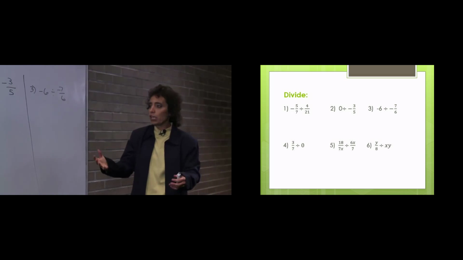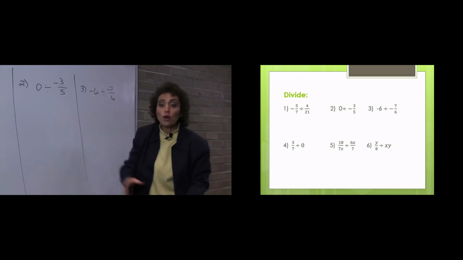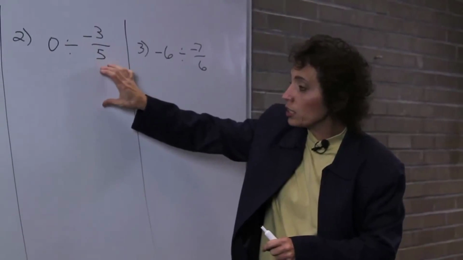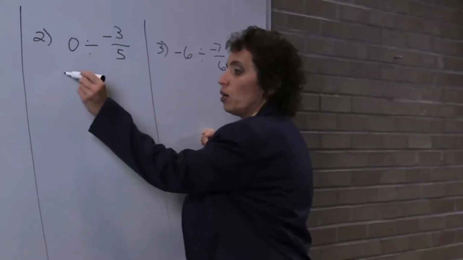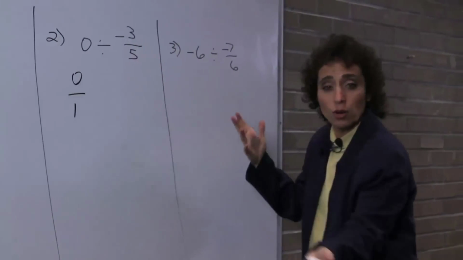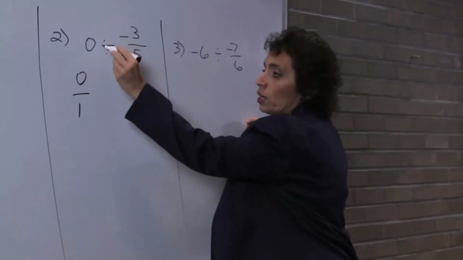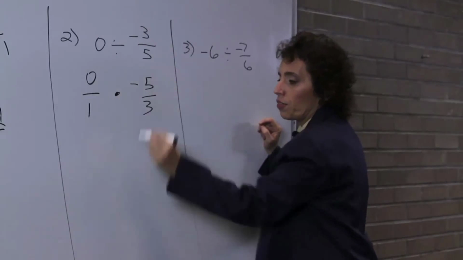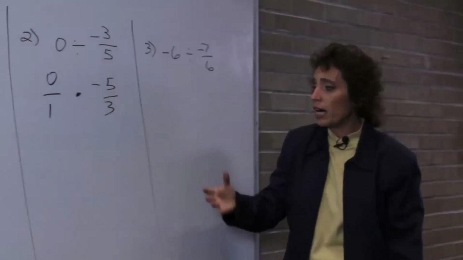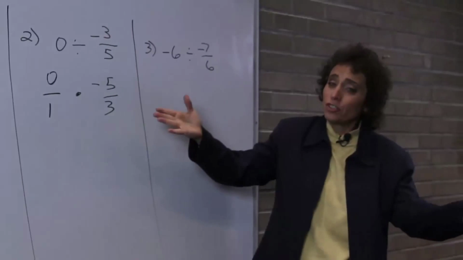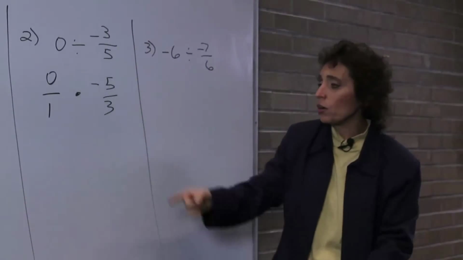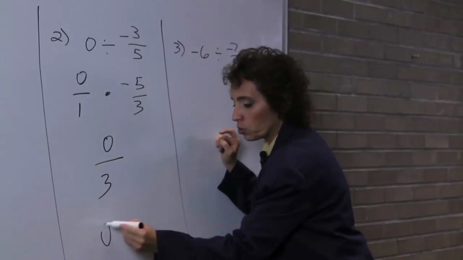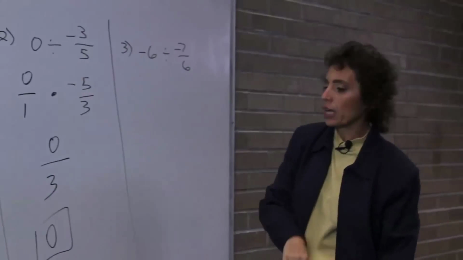Okay, let's take a look at number 2. It's division. Now don't go flip crazy. Only flip in division, okay? Only get the reciprocal in division. This is 0, which I'm going to write as 0 over 1. I can write 0 over anything I want and it'll still be 0. Our division is going to change to multiplication. We're going to flip this, -5/3. Now, to be honest, this is 0 times this, which has got to be 0. If you want me to do it the long way, I will, but it's got to be 0, okay? Because 0 times anything is 0 over 3, which is just plain 0.